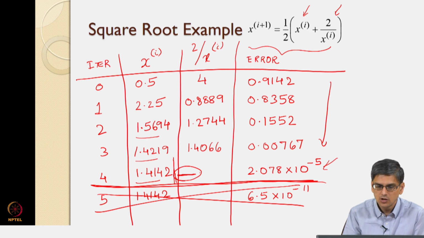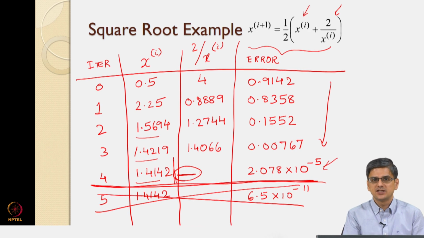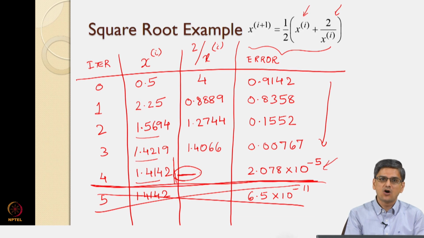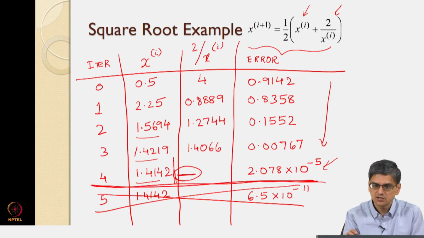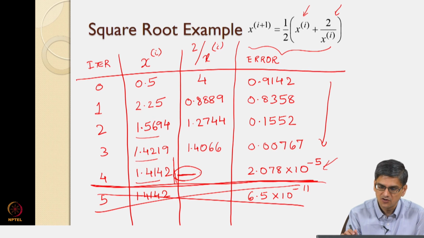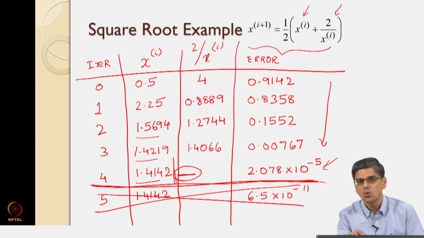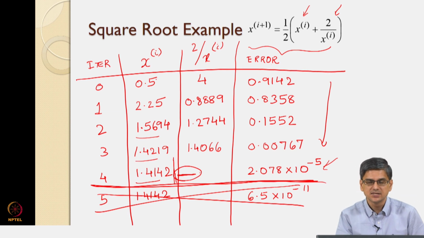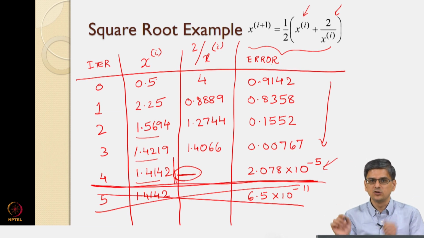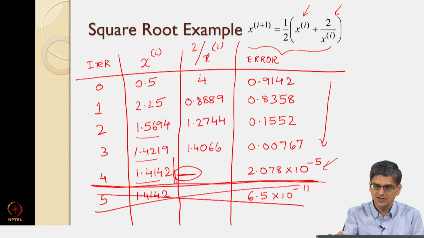Okay. So, what did we do in this particular lecture? We took up the example of square root of 2 and showed how we can calculate square root of 2 using an iterative procedure. In this iterative procedure, we already knew what the value of the square root of 2 was going to be. So, the error that we calculated was the absolute value of x_i minus square root of 2, and that absolute value, as you can see, kept decreasing as the iterations kept increasing.